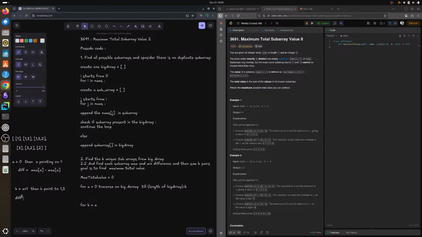diff plus equals to diff b. b equals to a plus 1. You can start it, right? Max of b minus max of a, max of b, sorry, min of b, right? And current sum,